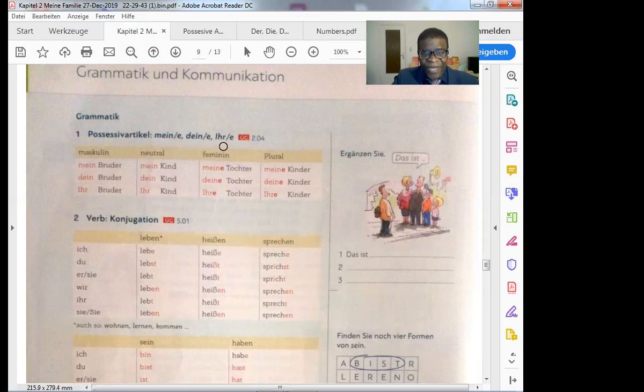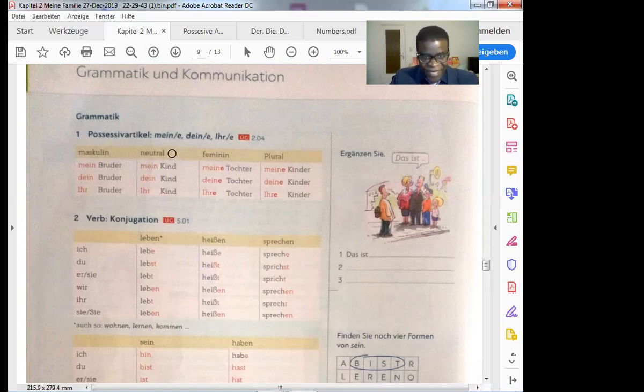That's informal. So now if you are talking to somebody formally, this is ihr. Ihr is also your, but in this case, formal. So you can tell somebody, your car. Ihr Auto, ihr Auto. If that somebody is possessing that car, which falls under das Auto, and if he has got two cars, it becomes die Autos. So it's going to be ihre Autos.